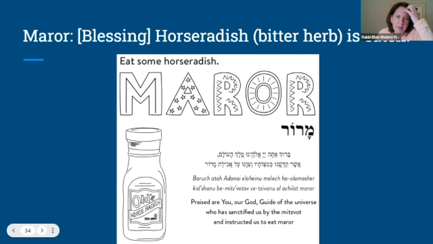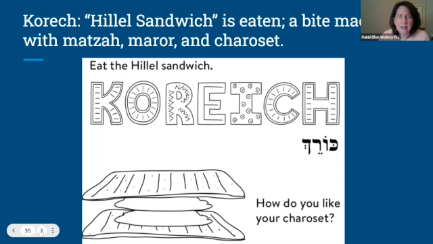We eat the maror. They show the horseradish here. Some people might actually have raw horseradish. If I'm at a Seder where people aren't familiar with this, I usually warn them beforehand not to eat it too quickly. Korech is the first original sandwich. Hillel made a sandwich, of course, with two pieces of matzah, and in between you put the charoset and a little bit of maror, and you say the prayer, and this is probably people's favorite part of the Seder, because